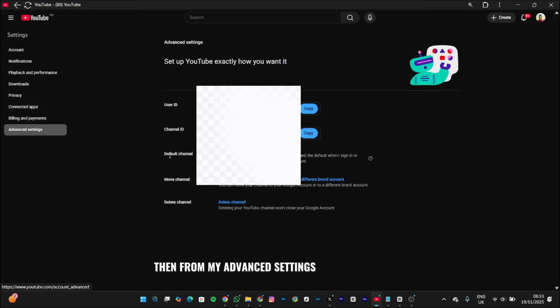Then from my advanced settings you can see the user ID and you can also see your channel ID. So you can decide to copy both your user ID and your channel ID. So this is basically how to get